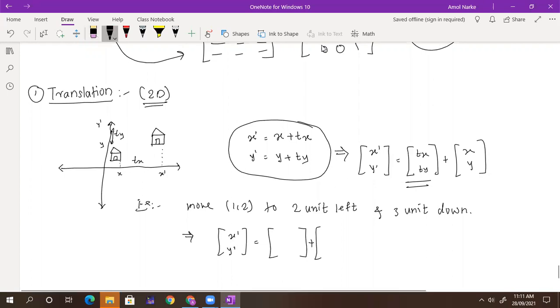So initially we have 1 and 2 here. I wanted to move 2 units to the left-hand side. So 2 units left, -2, and then down, -2, and then down, so -3. So what I am getting, my new coordinates are,